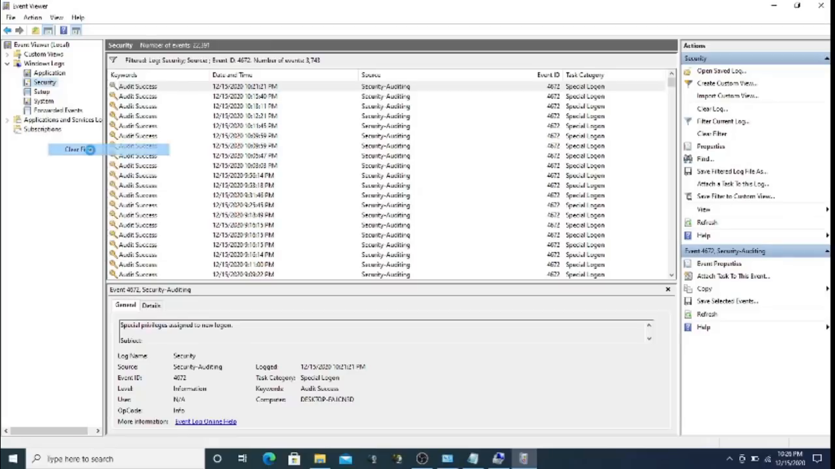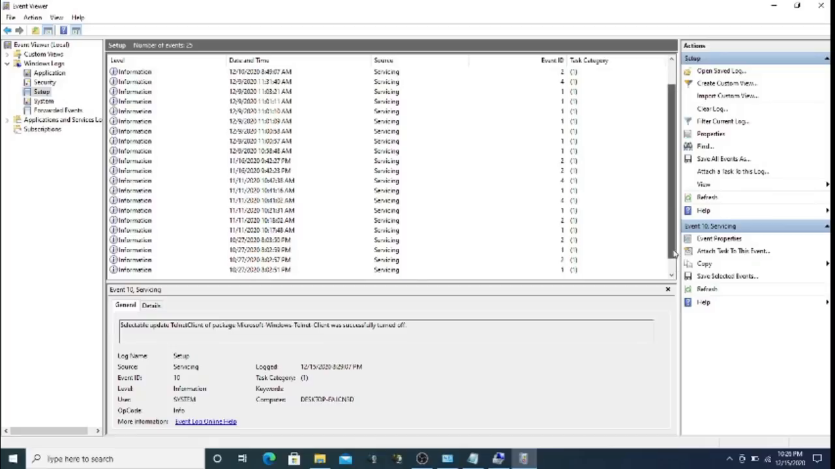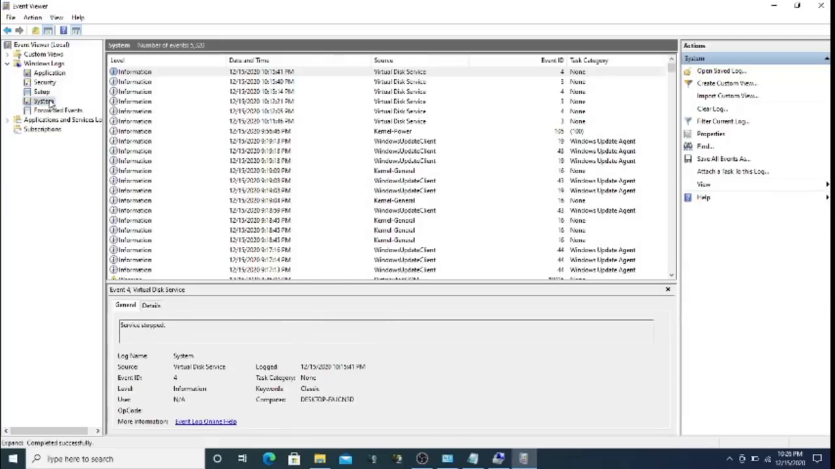Or you can clear filter. This is a setup log. If you are trying to install any application or any software, that setup related information will be here. So you can check all the details, setup related, and your local system related, your disk or